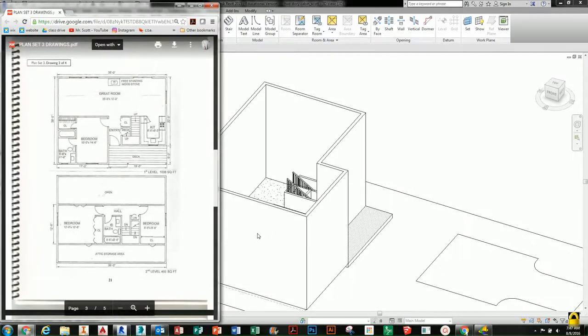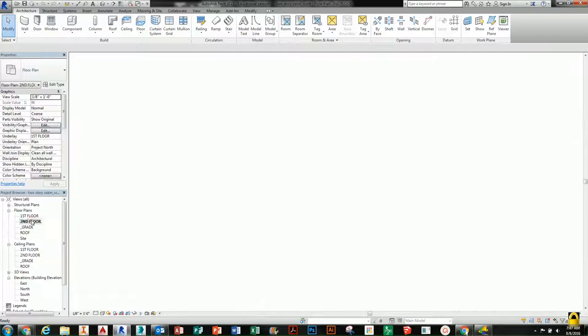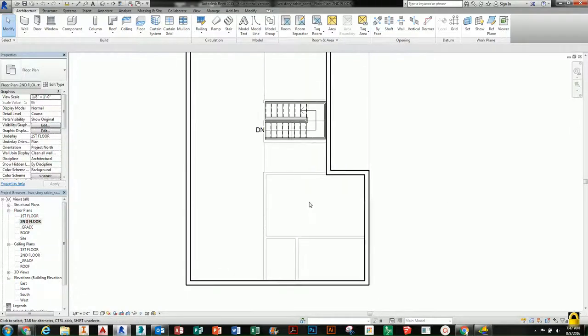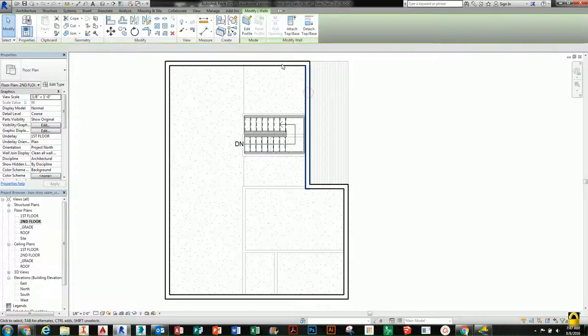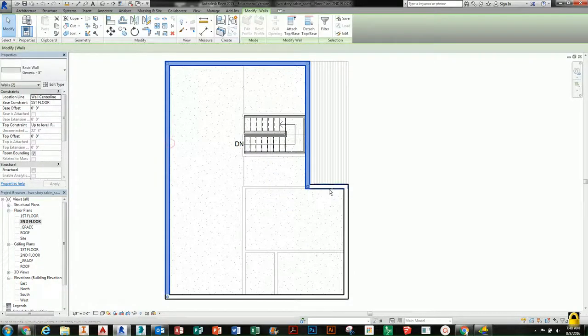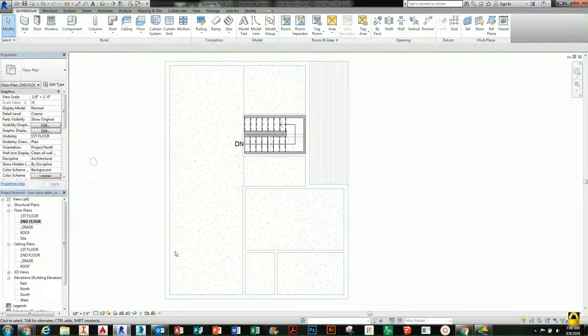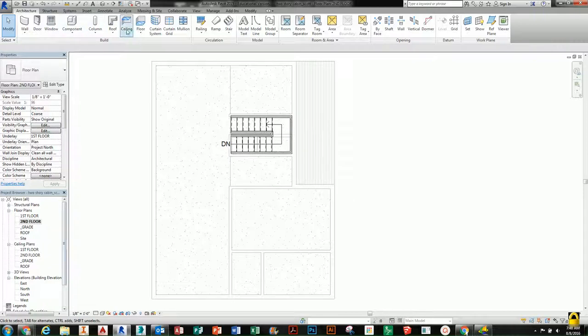So what we're going to do is come into our second floor plan, and we have our stairs shown, right? It shows our walls, but here we want to make sure on our second floor that our walls, I'm selecting all of them, should not go to the roof. These should go to second floor. That means everything will be grayed in, because what we're going to do now is add in a new floor,